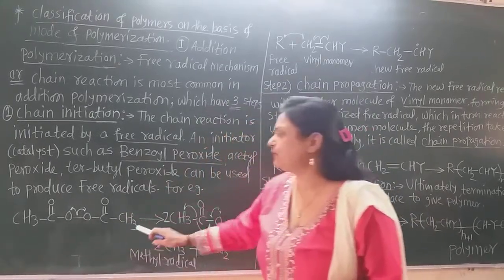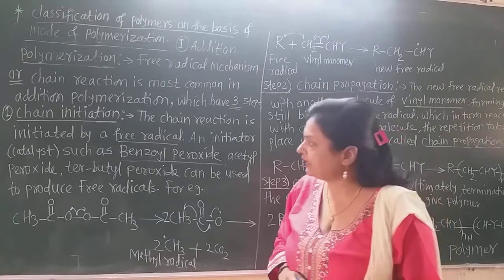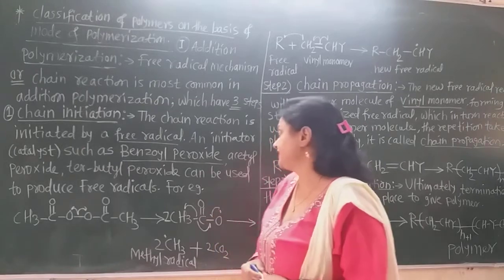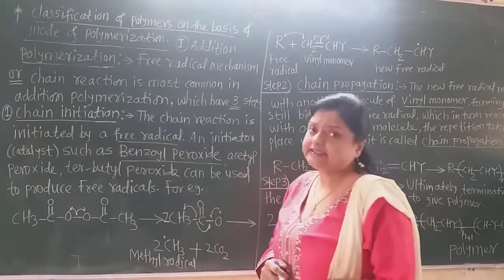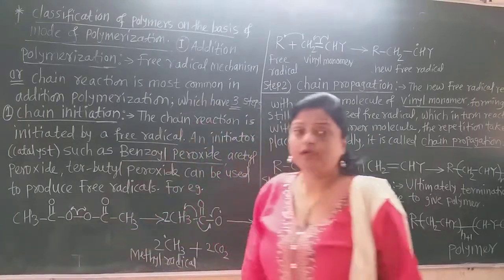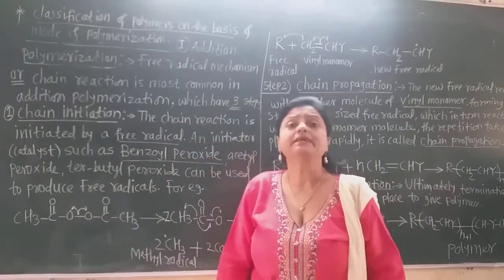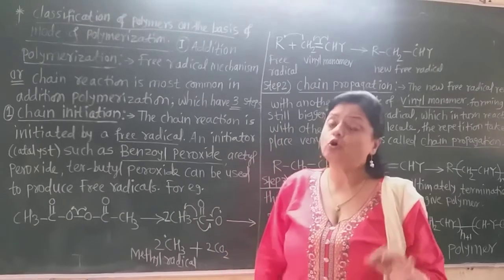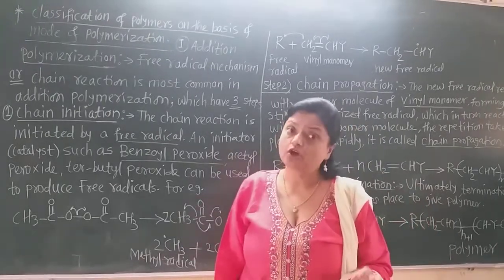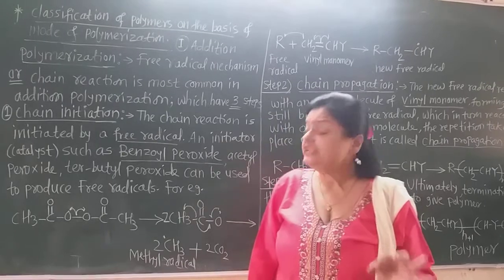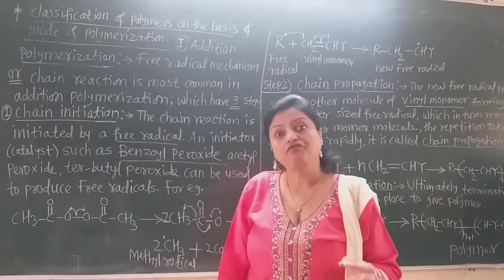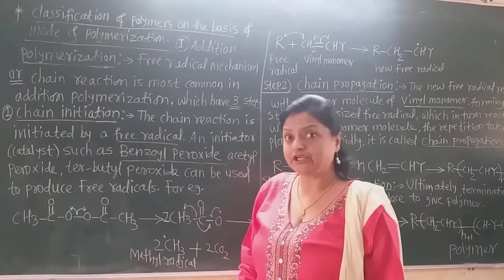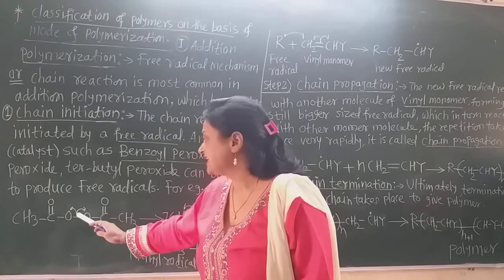This is the acetyl peroxide I have given here for example, and tertiary butyl peroxide is also used for the chain initiation reaction. Let us take the acetyl peroxide. Now, we know that in free radical mechanism there are odd electrons, that is, homolytic fission is there, and in homolytic fission the covalent bond ruptures or breaks in such a way that each species acquires one electron. So here is the homolysis type of breaking of the covalent bond. So I show here these half arrows.